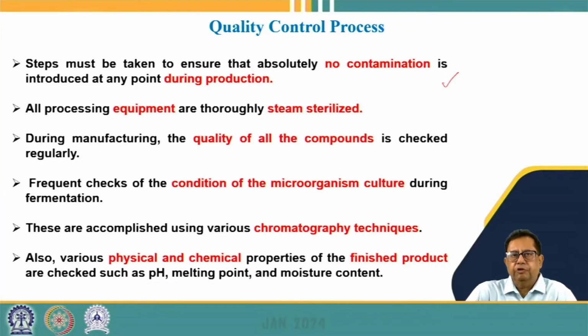So it is very necessary that during the production process we always check that there is no extra contamination occurring because of the production processes that we are undergoing. For example, the equipment that we use is constantly steam sterilized, so it is basically free from any pathogens or any chemicals that can contaminate these